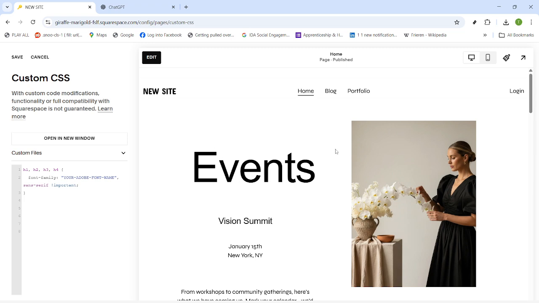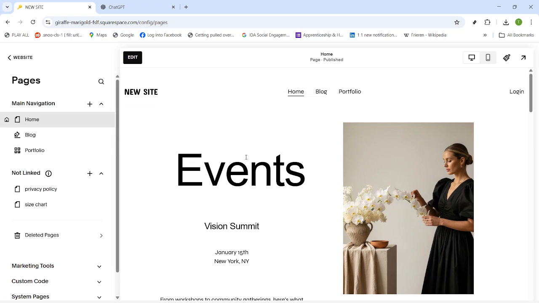When you're satisfied with what you see in the preview, click Save. Give the page a quick refresh to confirm changes are applied. If a font doesn't appear right away, check that your Adobe Fonts kit is published and that your browser cache is cleared. Test a couple of pages to ensure consistency across your site, and you're all